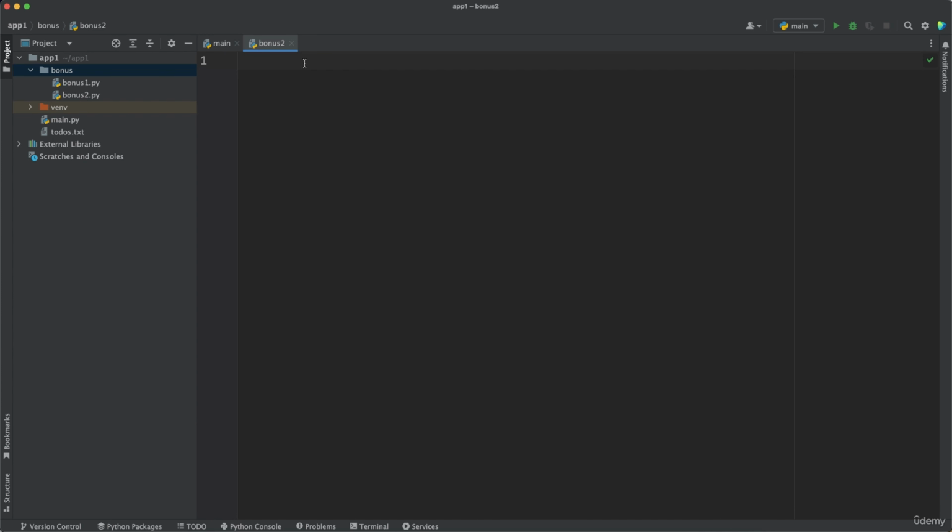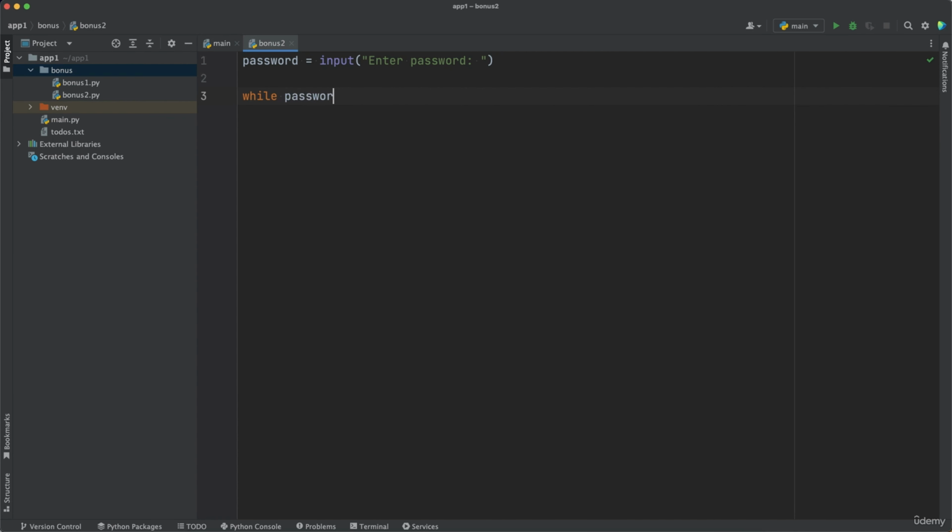So think about the user again. What do you want to show them first? Well, ask them to enter a password. So get the password from the user using an input function: Enter password. That's the message we show to the user. The user will enter a password, and the password that the user enters will be stored in this password variable, and then we check